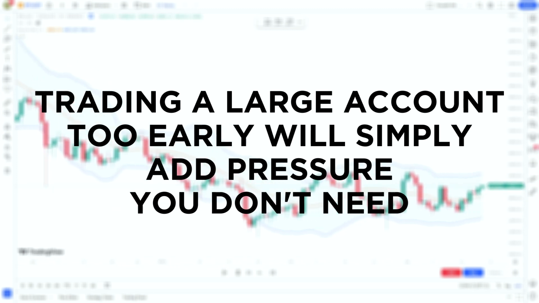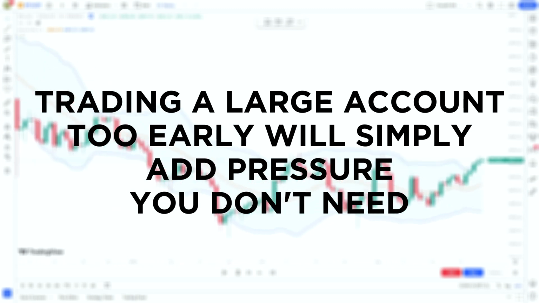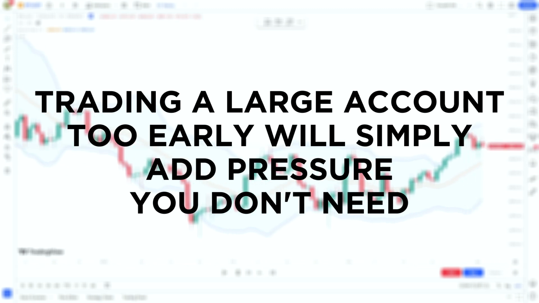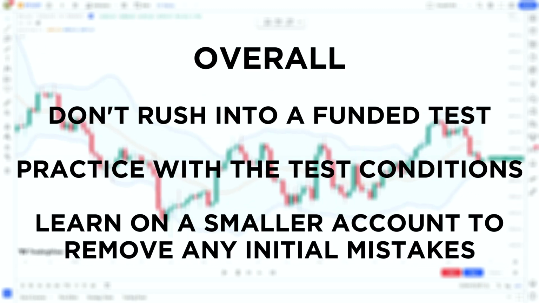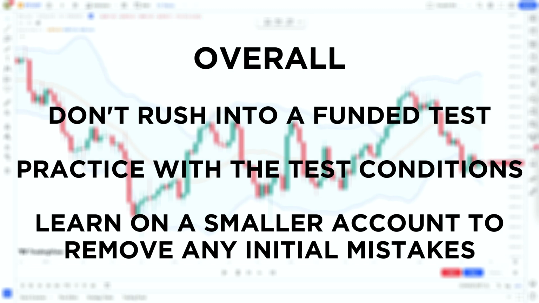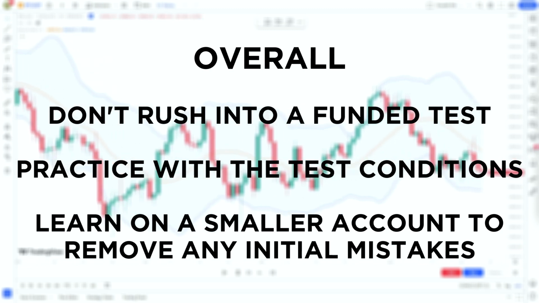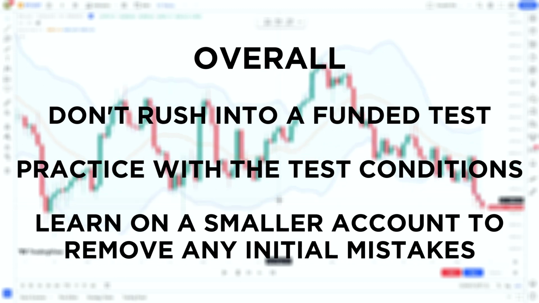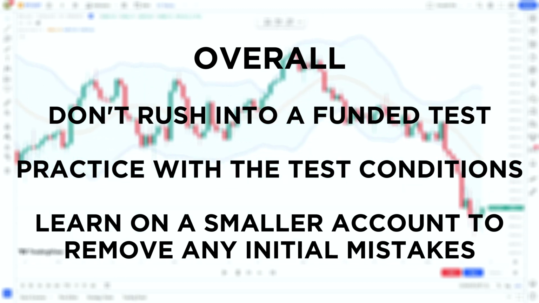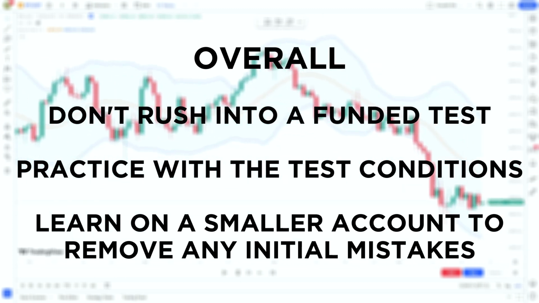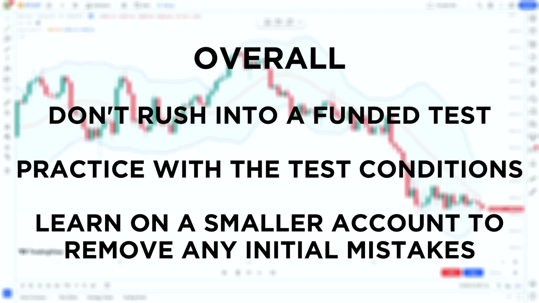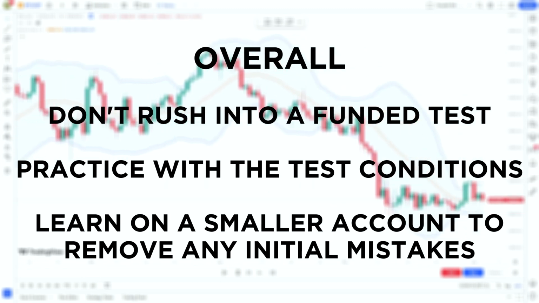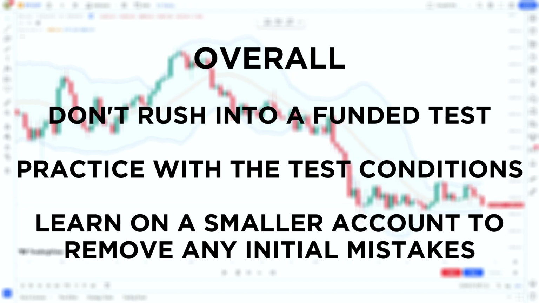and learning to manage the basics of trading on a smaller account is going to set you up in the long run for a larger account. So whether you are going for your own capital or going for a larger funded account, take your time. If you're doing a funded test, practice, have a few dry runs at it, essentially. You know what you need to achieve on the funded test, so do a few runs, see how close you get to it, see how you manage with the pressure, the expectation there,